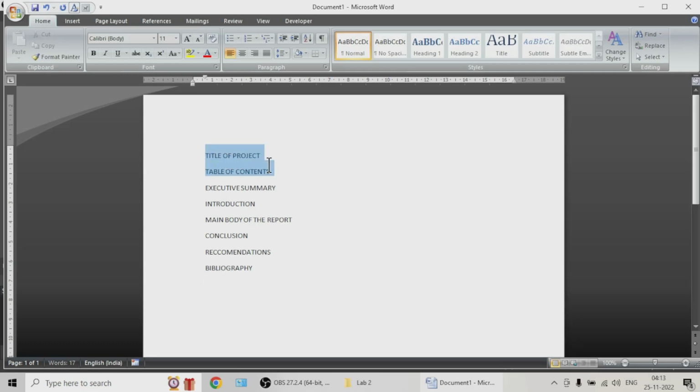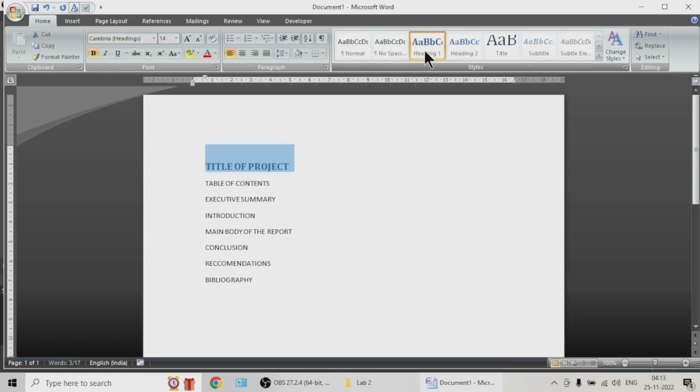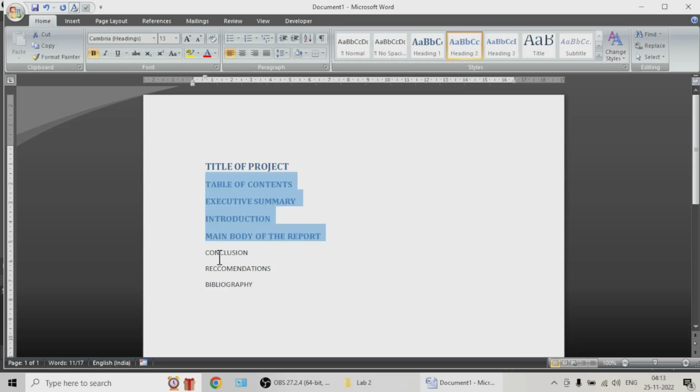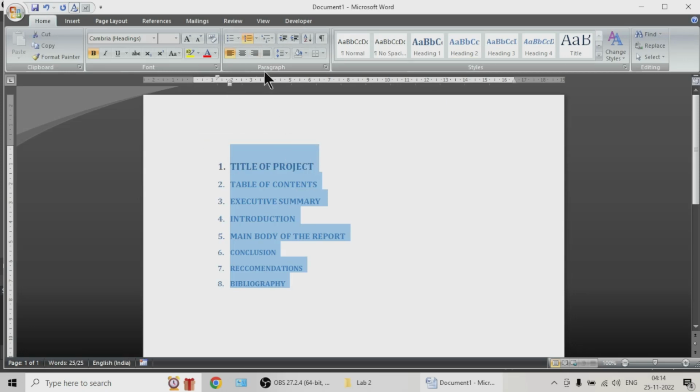We have the title of the project formatted as heading, then rest of the text we go for heading 2 formatting, then the next three go with heading 3 formatting. So we have formatted them. Now let us select them and give them numbers also. Numbering them gives us this. After numbering them in particular formats, now we can start populating the report,